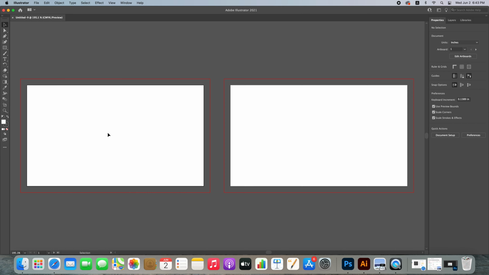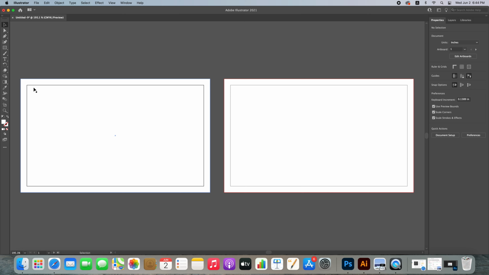So here you see these are two artboards for the business card. One will be the back side of the business card and one will be the front side of the business card. So first here we place the rectangle for background for covering these empty spaces. So select rectangle and place here.